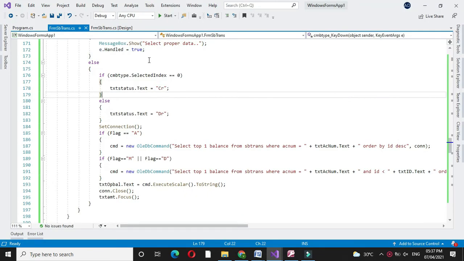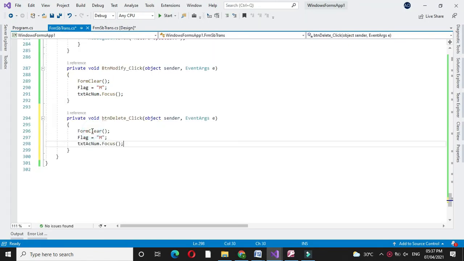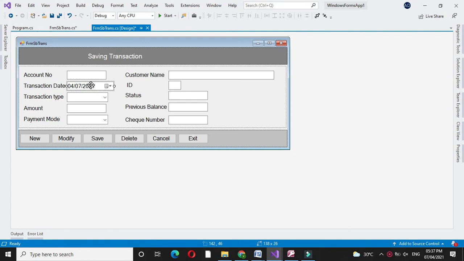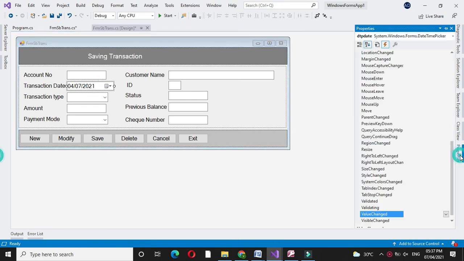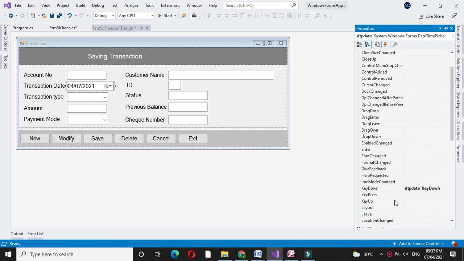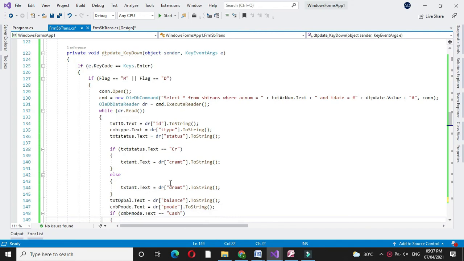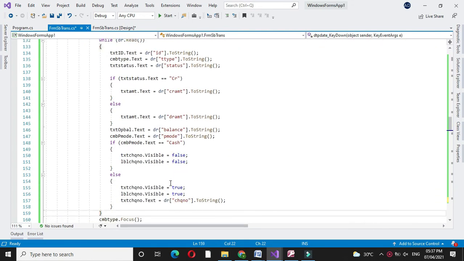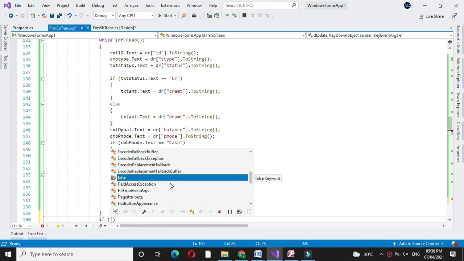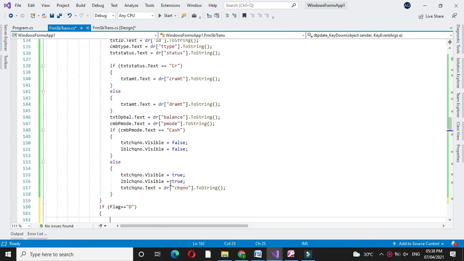Now we will write code for the delete button. Here at the delete button's key down event, first we will call the form clear method, then we will set the flag equal to D, and we will set the focus to account number. Now at the transaction date key down event, we will write code for deleting a record. Here after displaying the data, we will check if flag equals D. We will write a command for deleting a record.